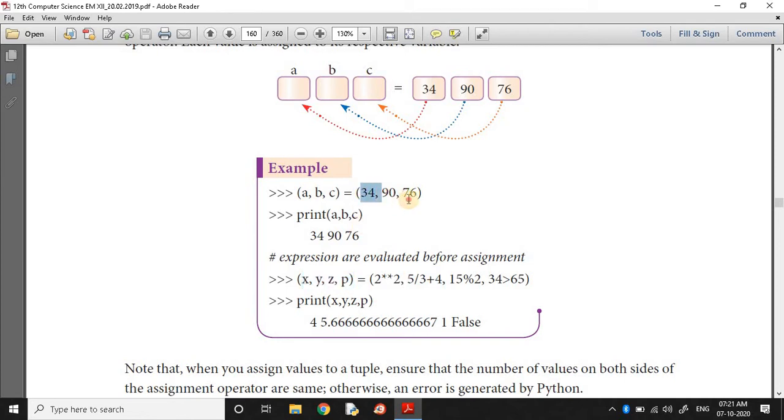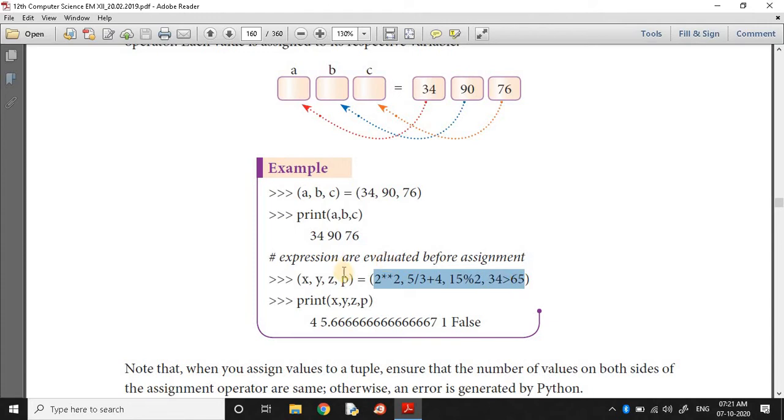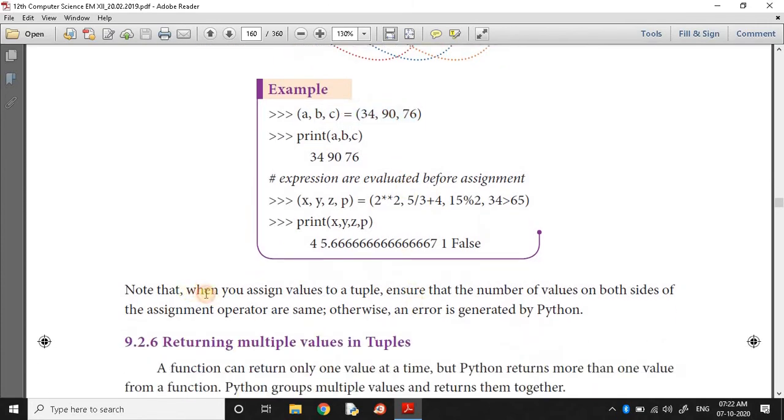The number of values or expressions must be the same as the number of variables on the left hand side. If there is any mismatch in the number of variables and arguments or expressions, it will throw an error. Note that when you assign values to a tuple, ensure that the number of values on both sides of the assignment operator is the same. Otherwise, an error is generated by Python.